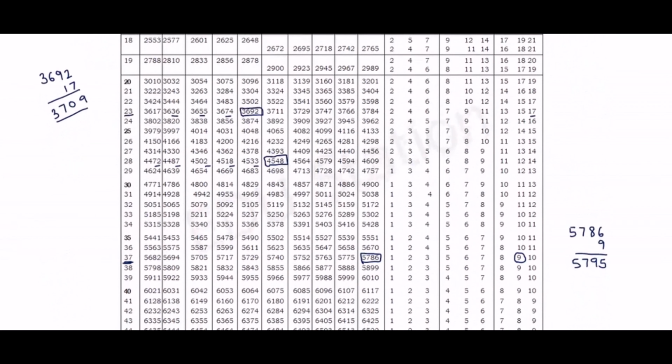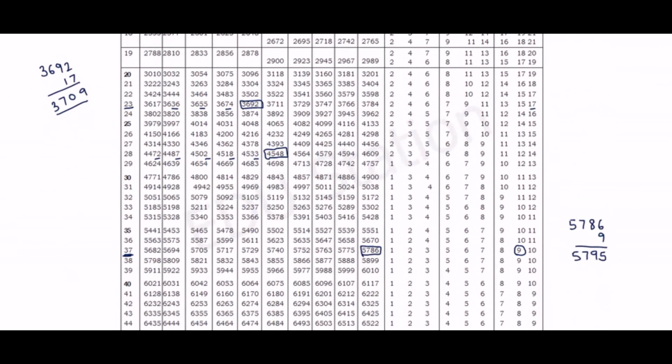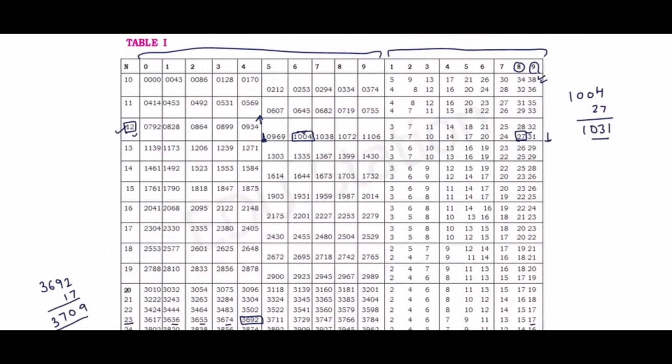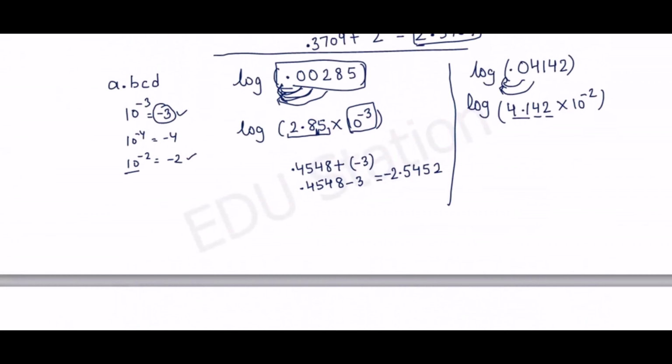41. Column number 0, 1, 2, 3, 4. Column number 4 you have 6170, and you have mean difference of 2. So it also has 2 as mean difference. So add 2, 6172. So 6172,